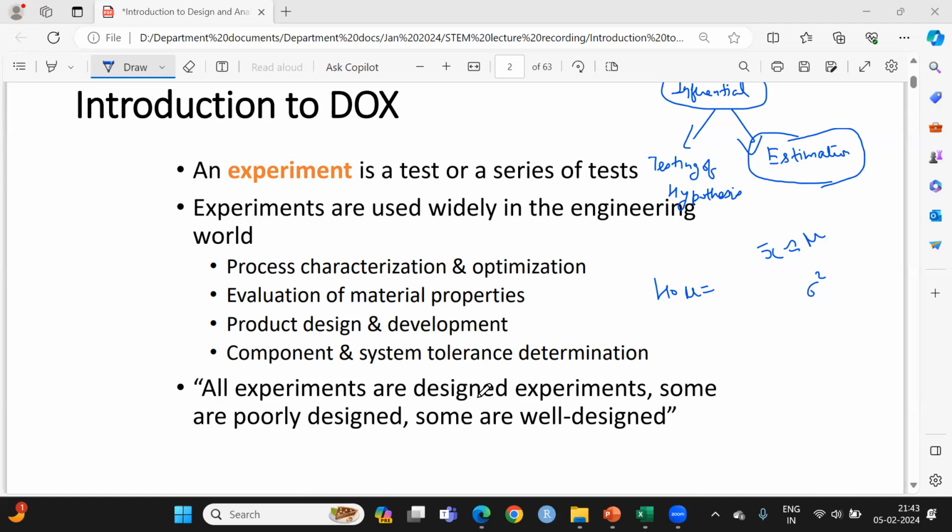So all experiments are designed experiments. Some are poorly designed, some are well designed. Why are we saying that? The reason is that when we have a final product with us, the functioning of that product depends upon how the manufacturer has developed that product, and the development will consist of different types of designs. It may be possible that the item that we are using is prepared by a manufacturer that has taken ideas from